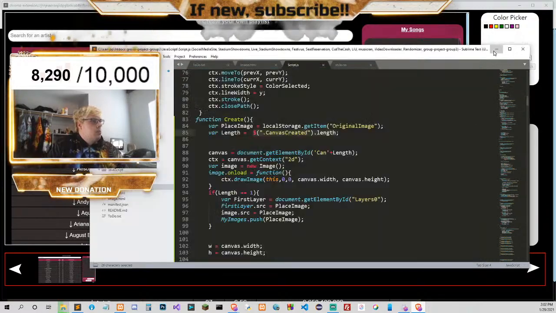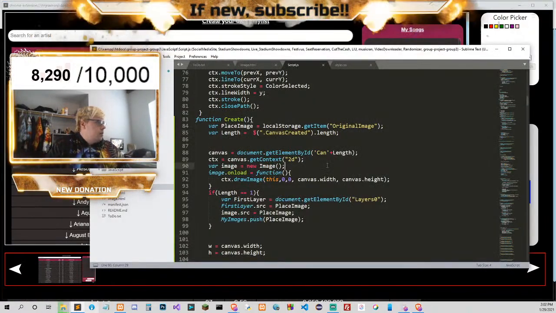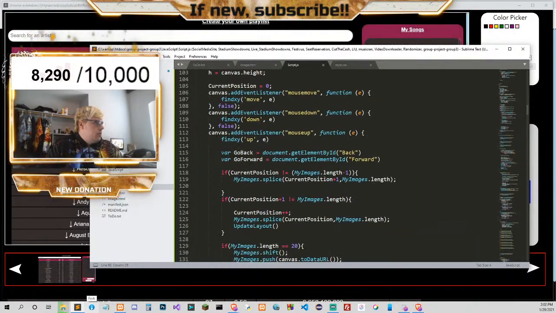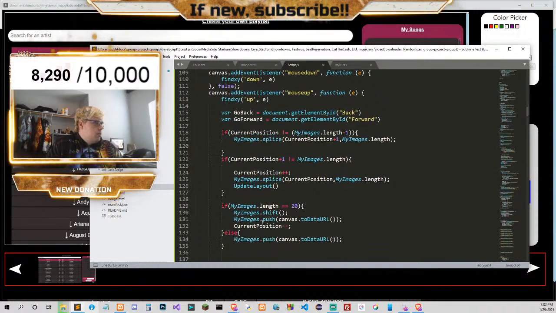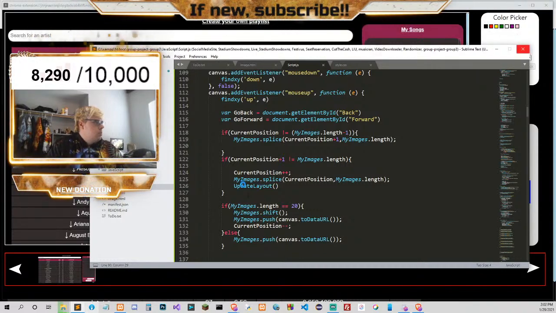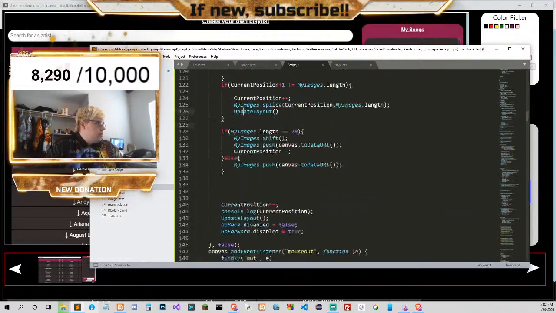The length is 2. But if I create a new layer, it does that. So it's because of this, I believe.